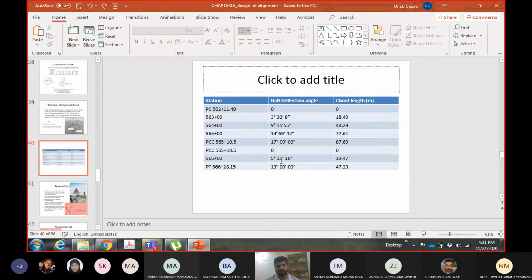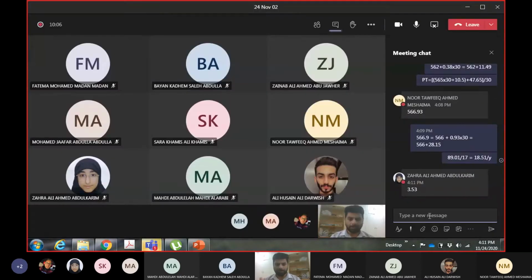How do you get it? I showed in this section the button on the calculator which converts degrees, minutes and seconds into fractions and vice versa. Write 3.53 and press that button, and you will get the answer in degrees, minutes and seconds. So you don't have to do the conversion yourself. For the purpose of this class, I don't mind degrees, minutes and seconds or fractions. If you just keep the angle in fractions, there's no problem.